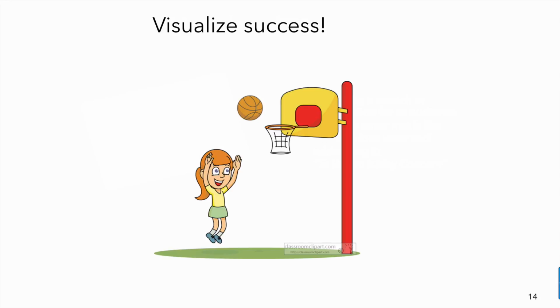Not a surprise. Practice helped us improve. The second group, who didn't practice, had no improvement, which is what you would expect. But here's the startling point. The third group, who only imagined making baskets, improved by 23%, almost identical to the group that physically practiced. How startling is that? So when you think about your negotiation, think about the outcomes,